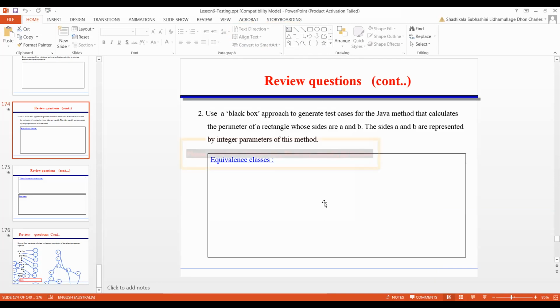No need to use the syntax of the language. I just need the process. I need the pseudocode.